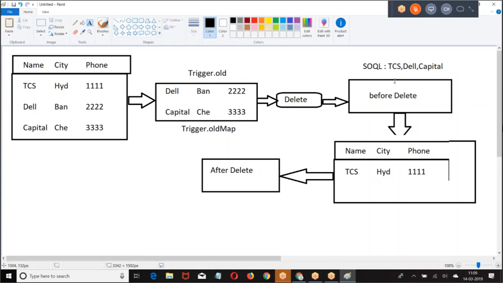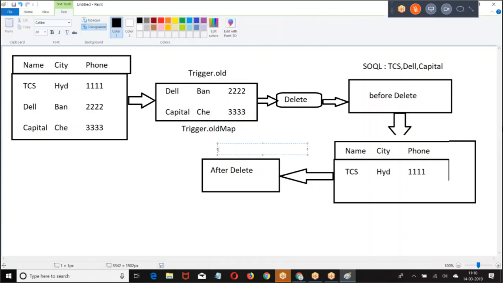Once the records are deleted, we have only TCS. Then in the after delete trigger, if I write a SQL query, I am going to get only TCS. Is that clear for everyone?